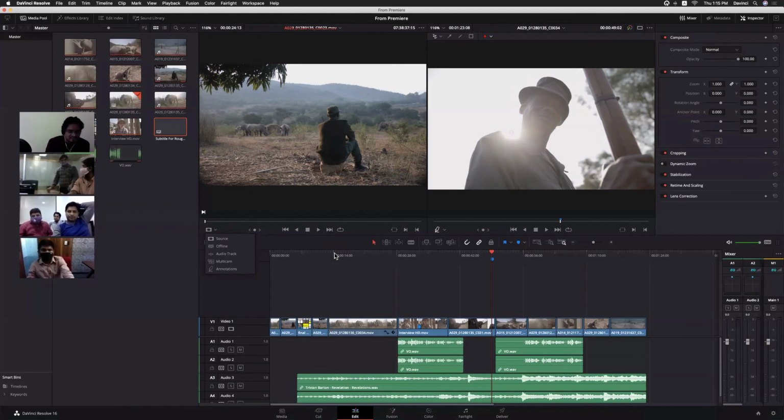But if you observe the questions in the exam you attended, most of the questions are related to the edit page only. Yeah, edit page, and some 4 to 5 questions on Fusion, related to Fairlight. Fusion 4 questions, color 4 to 5 questions. That is what I don't know. Tomorrow you have to teach me Fusion. Yeah.